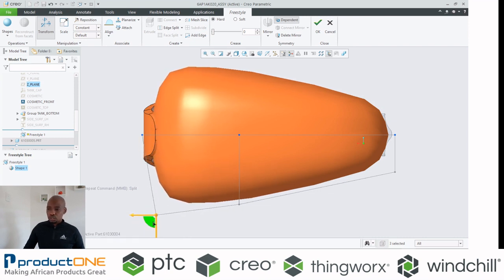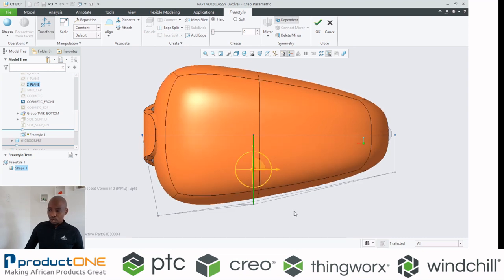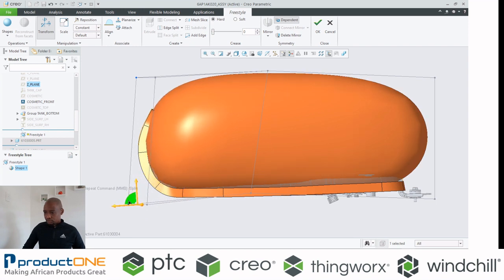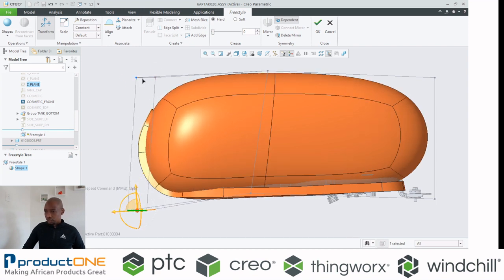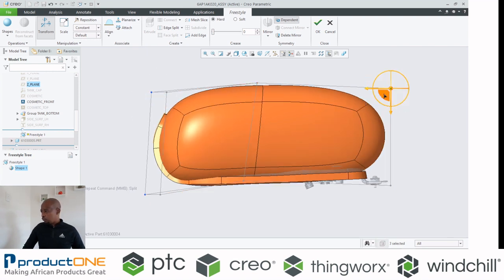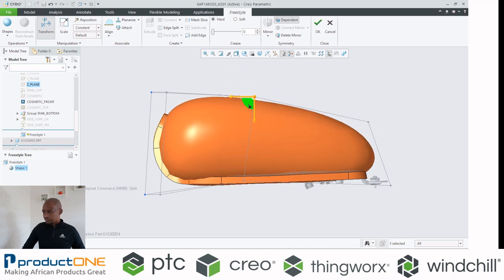So you can also select nodes. You can select curves if you want to, just to manipulate this to be whatever you want. So in this instance, we are guided by that cross section. So here's what I can do. I can say, how about I take that and just make it intersect with the body and select this curve. And just to finish off, I can say, how about I make this narrower at the top.